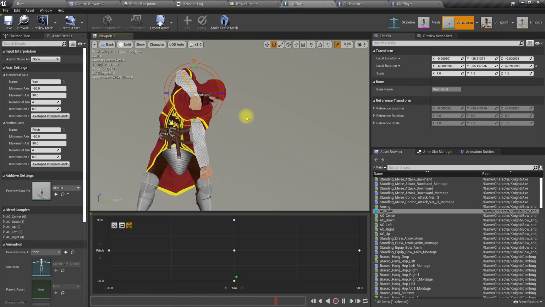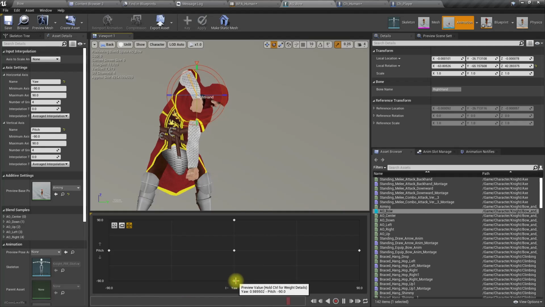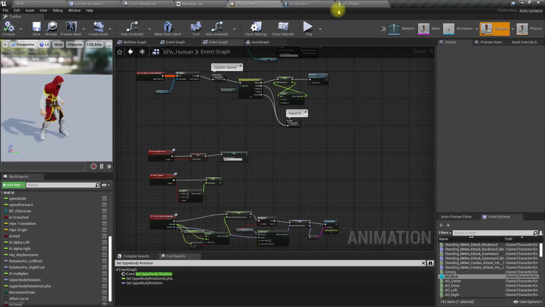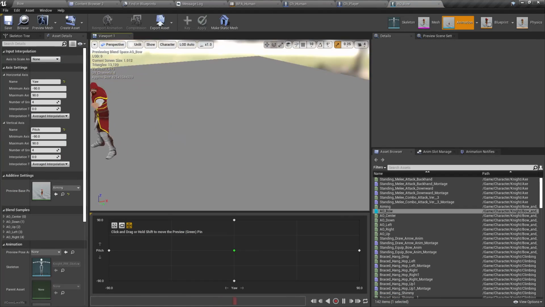Okay, I think that's alright. Oh, no, that's wrong. We have to edit them in the real animations.